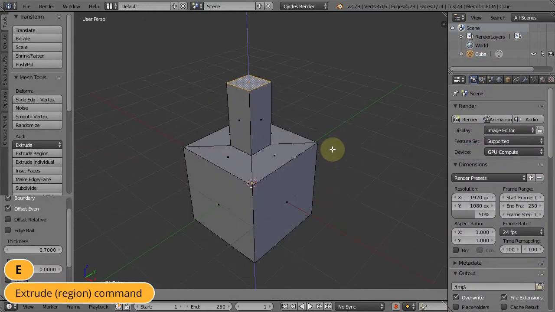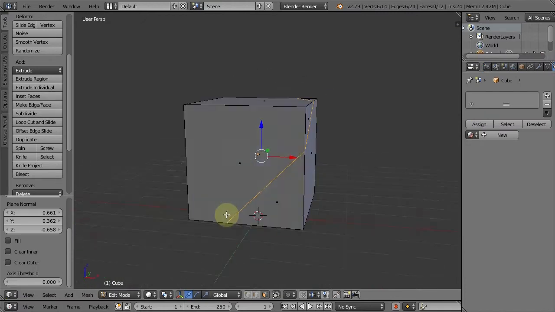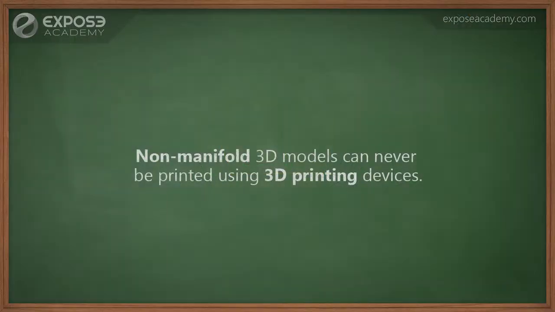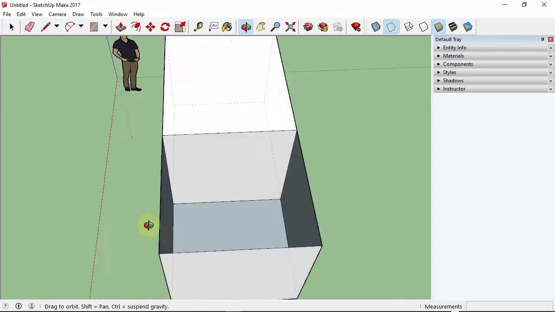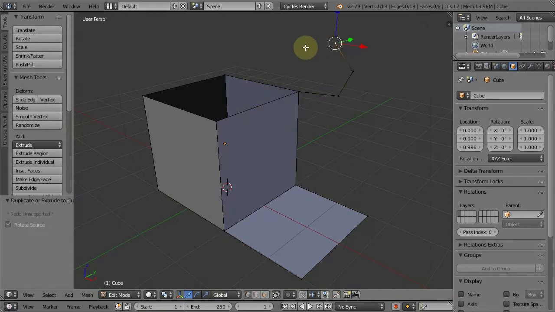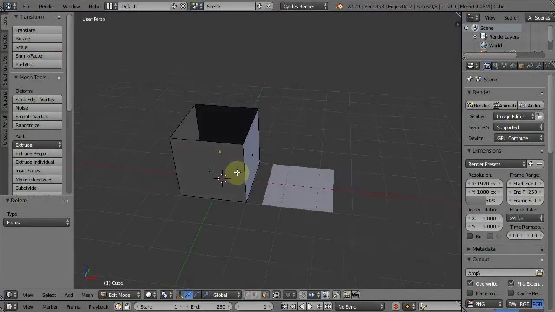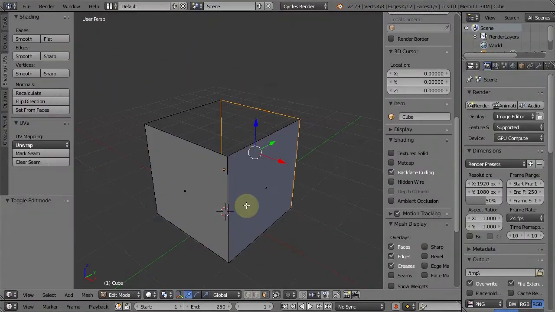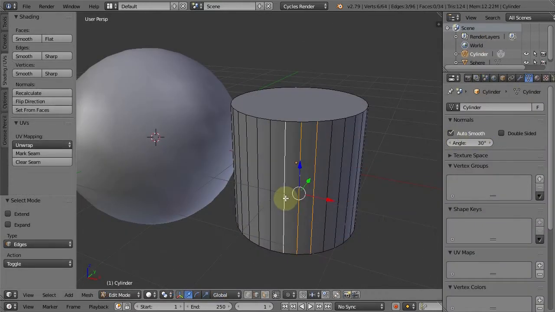Learn the difference between deleting, dissolving, collapsing, and how to patch holes in the geometry using various techniques. We will discuss in depth about the industry standards of what is considered to be bad practice versus best practice in terms of 3D modeling. We will also cover normal direction versus back face direction, then move on to face smoothing techniques to make our 3D model look great while still maintaining the polygon count.